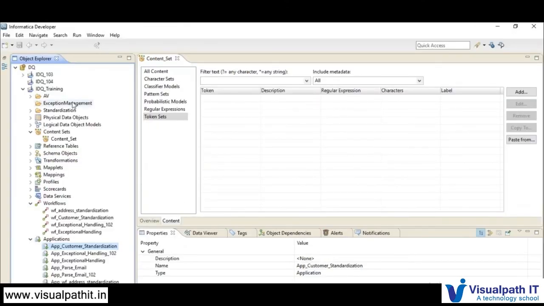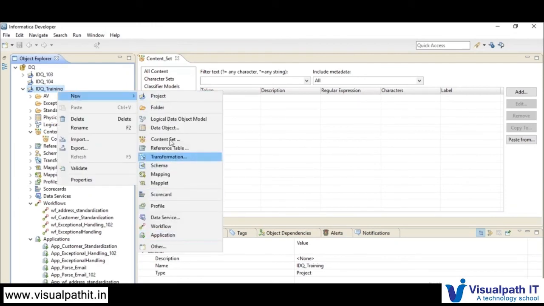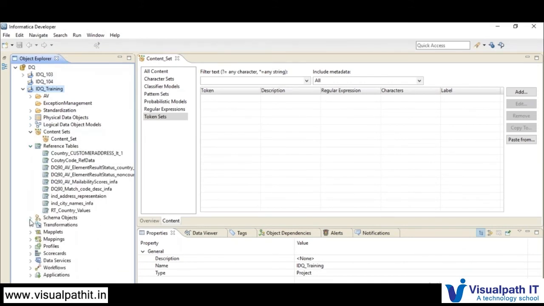These are all the things we can create as part of your project, and these are all the objects available. Once you are done, your project folders will show all the objects: physical data objects and logical data objects, reference tables, schema objects, transformations.